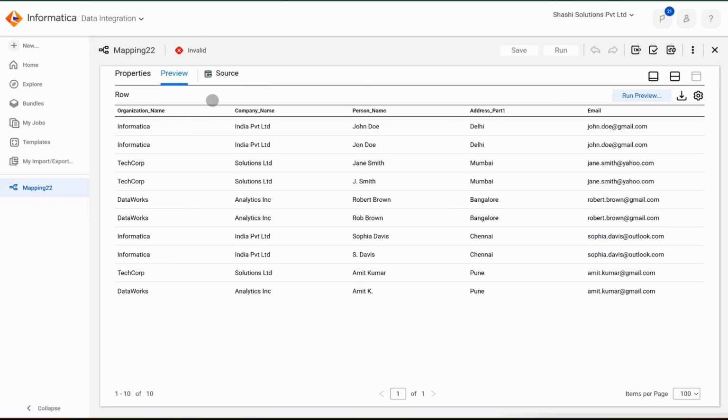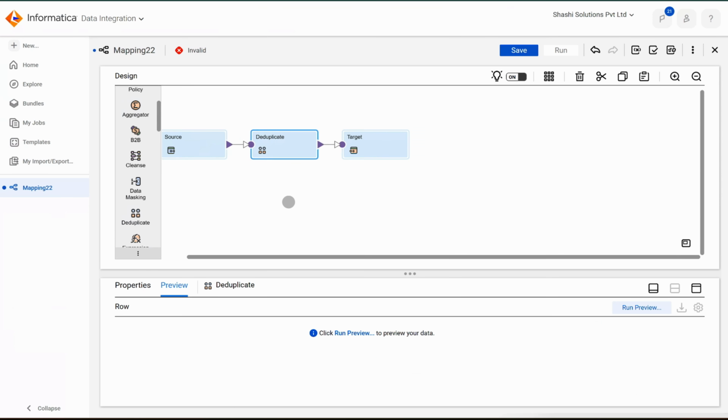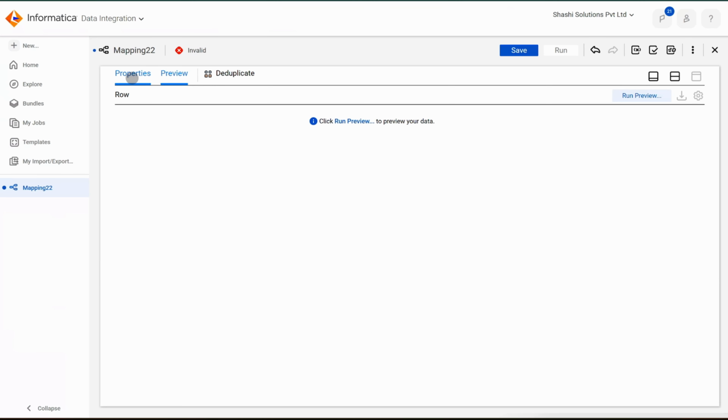We can go with this record, or okay, let's go with this record only. And after that we need to pick our deduplication asset and place it after the source. Okay, so in the deduplication, all we need to do is to select our asset,